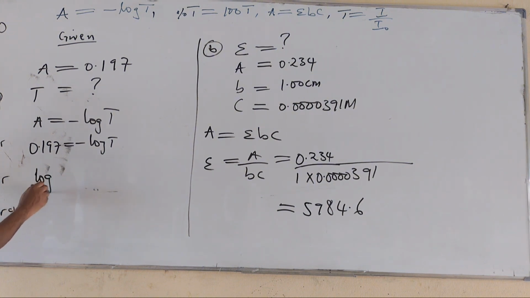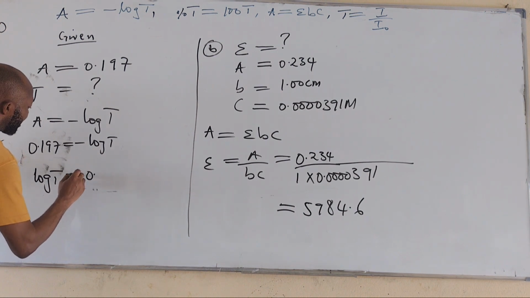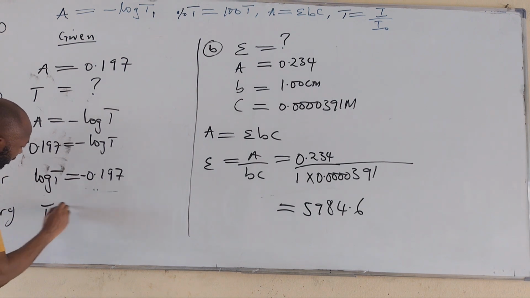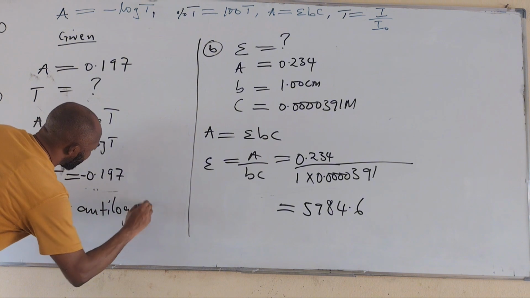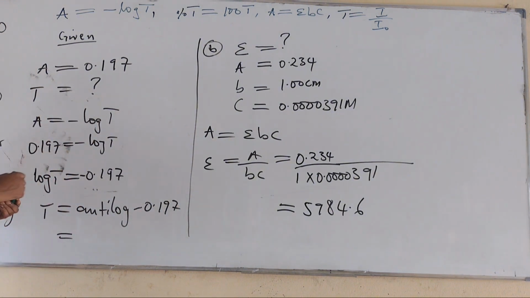So I have log T is equal to minus 0.197. T is equal to the antilog of minus 0.197. And this is equal to,